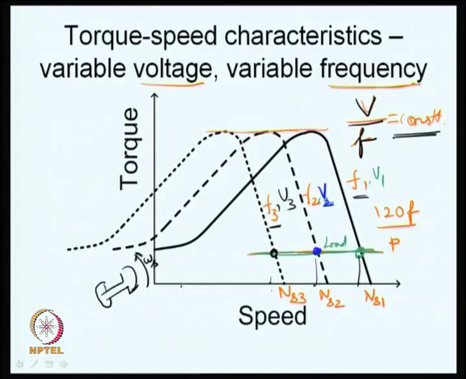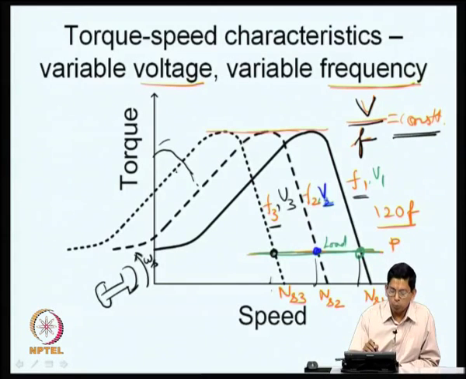When you go to lower and lower speeds, the resistive drops might not be negligible, and therefore, if you reduce frequency much lower, you may find that your peak torque is a little lower than that. Here you may find the peak torque to be lower than what you get here. So, what you do typically at lower frequencies is you boost up V, you do not maintain V by F at the rated value, you make V a little higher than what it should be. So, this is what you do to take care of that effect.